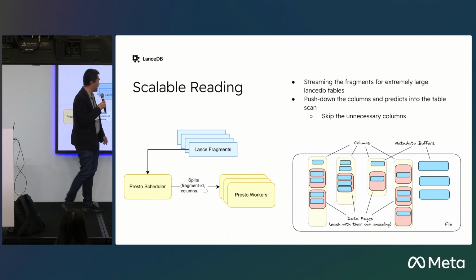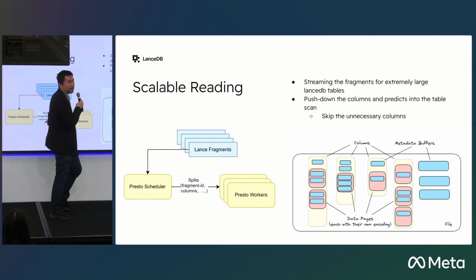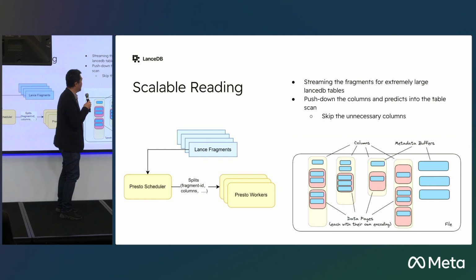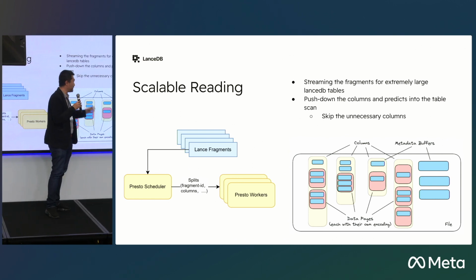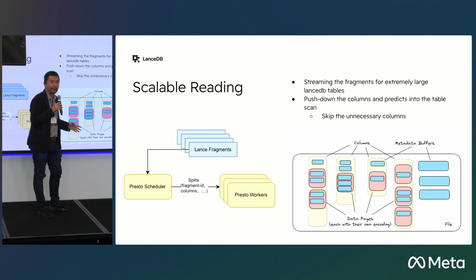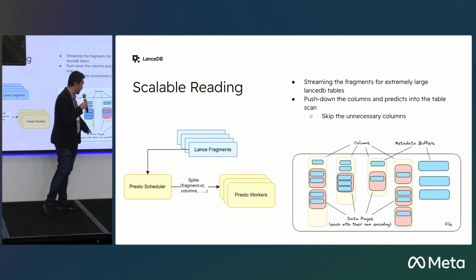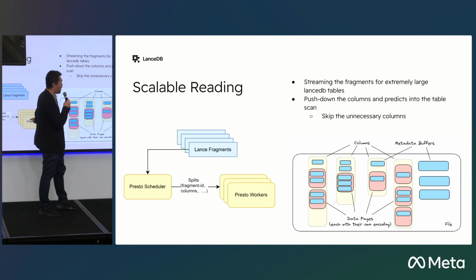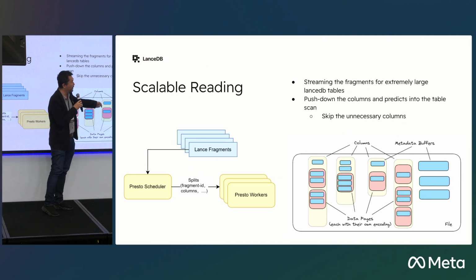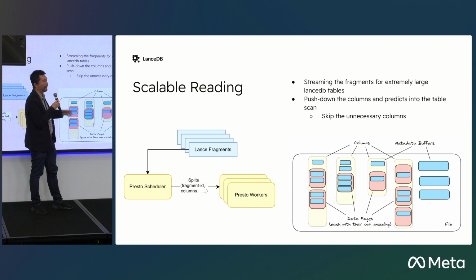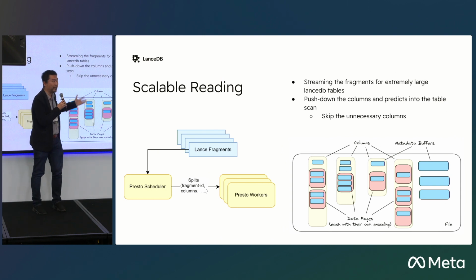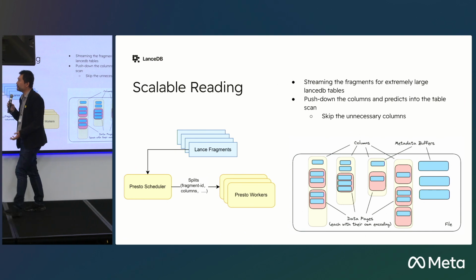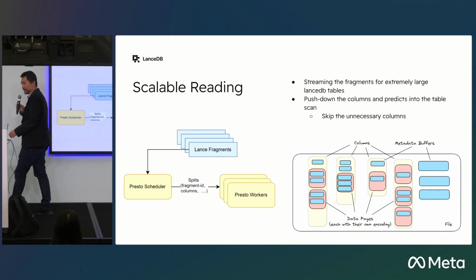On the worker side, because we already have the columns we need, it is very similar to the Parquet reader here. Because it's also a columnar data format, we don't really need everything. Based on the columns we need, we push down the columns and the predicate into Lance, so Lance knows, okay, we just need column A and column C, and it won't touch the entire file. It can greatly speed up the scanning.